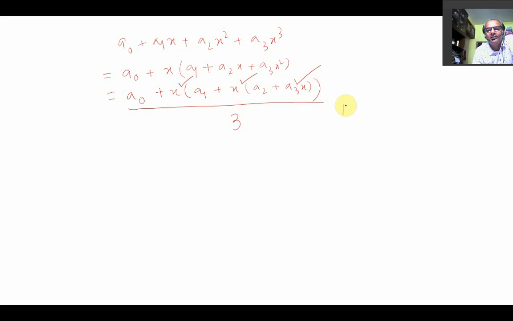This is basically a nice technique that is called Horner's rule. If you express any polynomial in this way, an n degree polynomial can be expressed in this way again, and if the degree of a polynomial is n, then only n multiplications are sufficient to evaluate that polynomial expression, right? So this is the minimum number of multiplications.